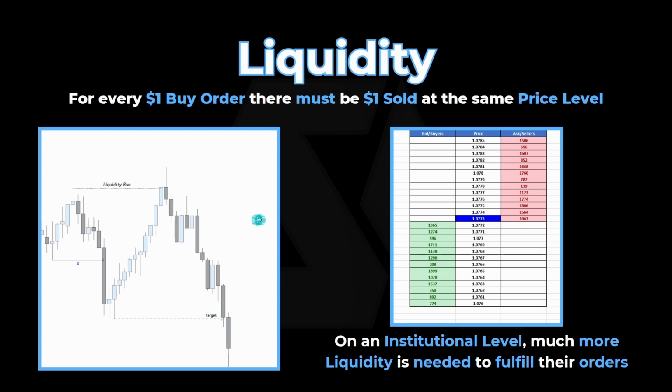And now many of us smart money traders understand that the institutions are the ones in control of these markets, based on the simple standpoint of having more capital than ourselves. And on an institutional level, instead of $100, they may be working with $100 million, even billion-dollar orders in some cases. So what this means for them is they are not able to get filled on liquidity at whatever level